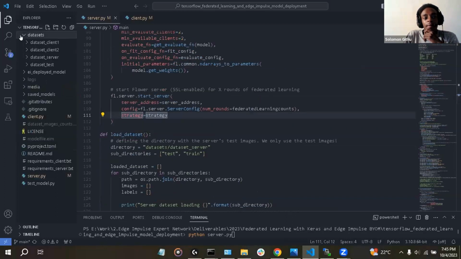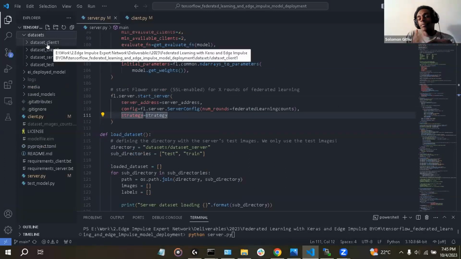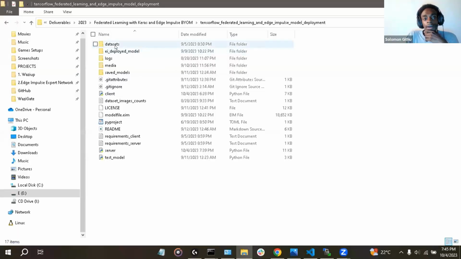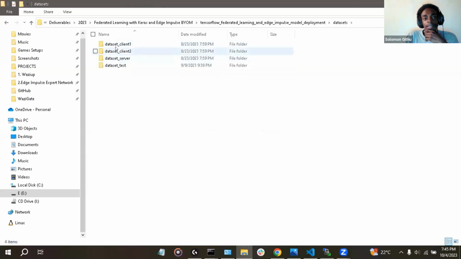One thing that I did for this federated learning, you remember in federated learning, we take the model to the data. We don't take the data to the model. So for our data set, I created individual data sets. We have the Raspberry Pi and we have my computer. The Raspberry Pi will be one client, and my computer will be another client.